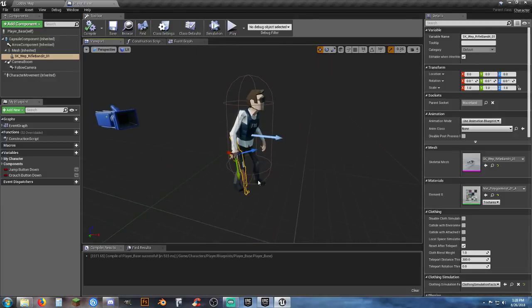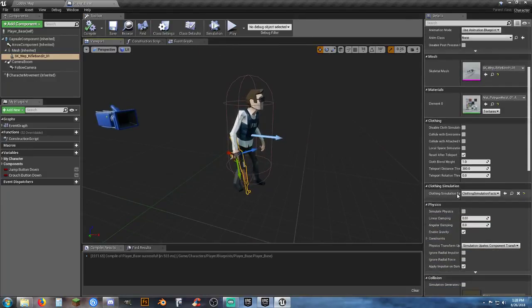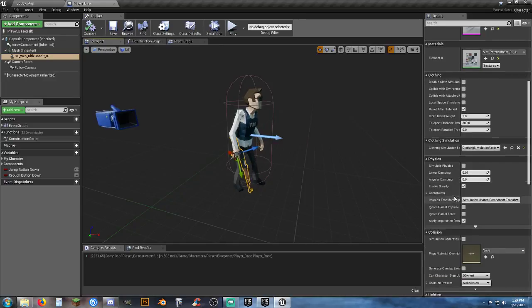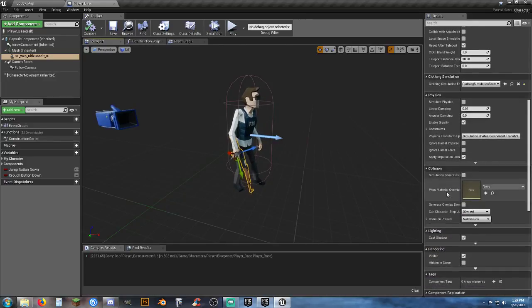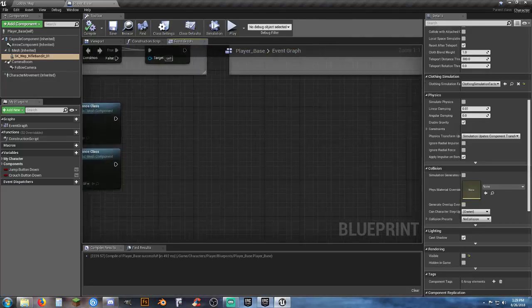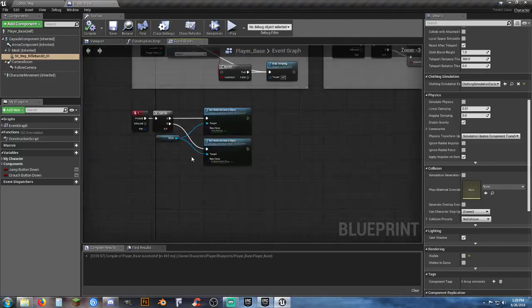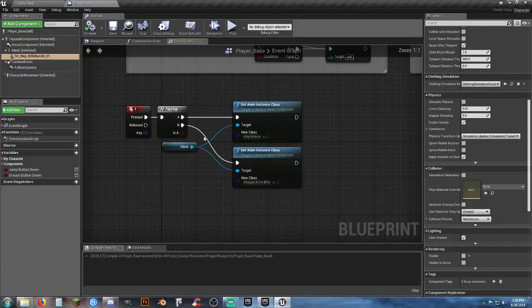Now the next thing I want to do is scroll down while I've got that weapon selected, come down to visible and uncheck visible. Hit compile and save. So now going back into our event graph, what we want to do here is when we're doing our flip-flop thing here, we want to set the animation instance class. Now I haven't activated all the other little cool bits to the AK yet, but